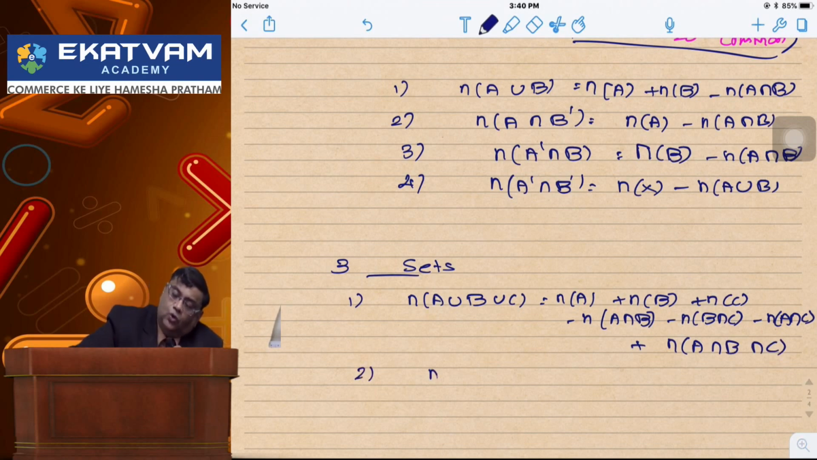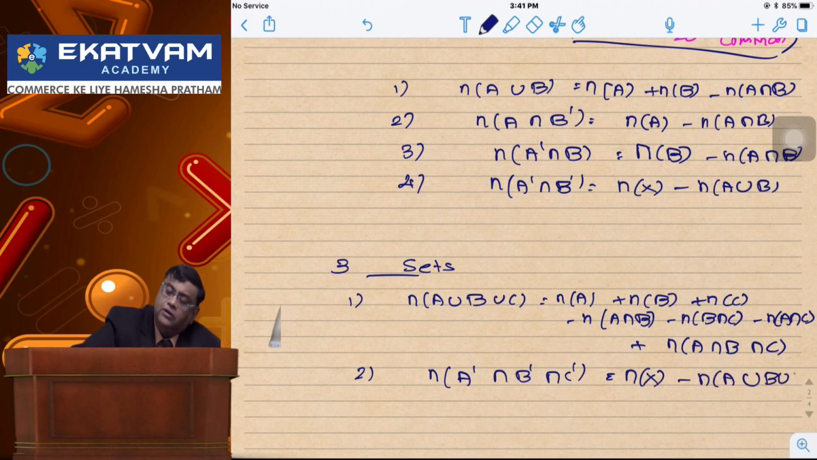And no A, no B, no C means n of x minus n of A union B union C. This is clear? Now always remember